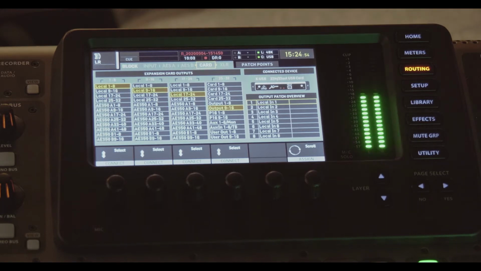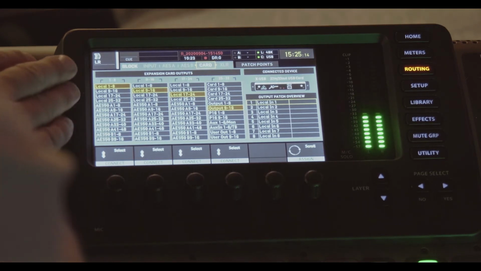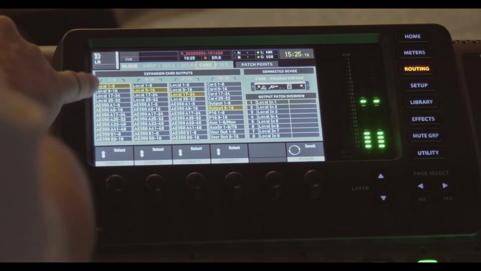We're not talking about licensing here. Copyright licensing, synchronization licensing, all of that matters. I'm going through the capability. You want to make sure that you abide by the applicable laws and that you obtain whatever licensure you need for your project. But in terms of capability, I've selected that I'm going to route for my purposes local 1